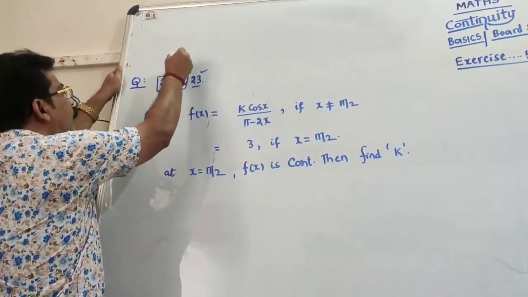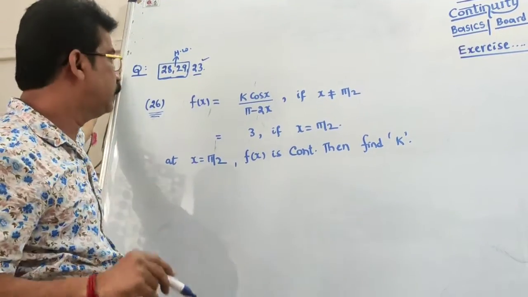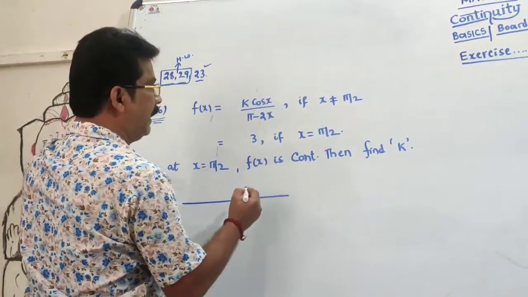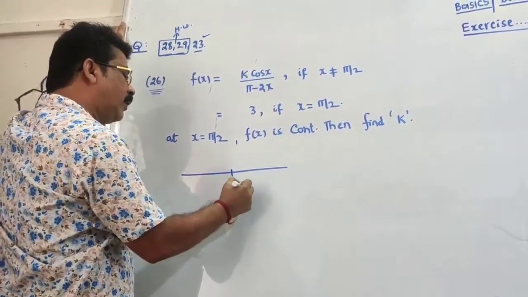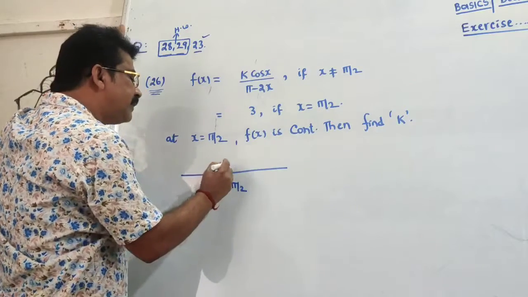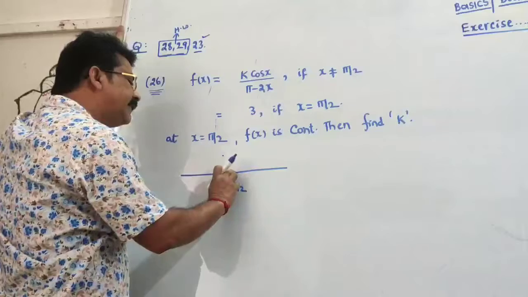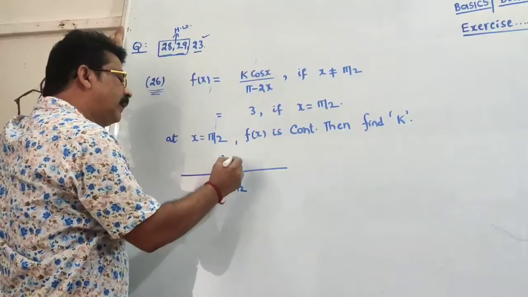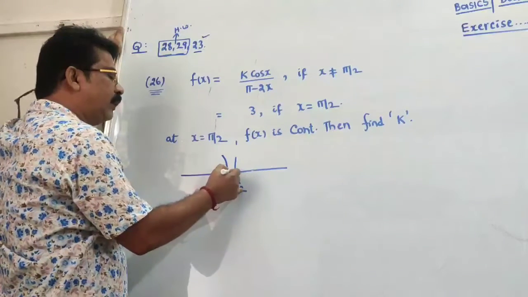It is for homework. Later, question number 26, the most important question. Here, f of x is defined as follows. At x equal to pi by 2, if x is not equal to pi by 2, that is in the deleted neighborhood at x equal to pi by 2,